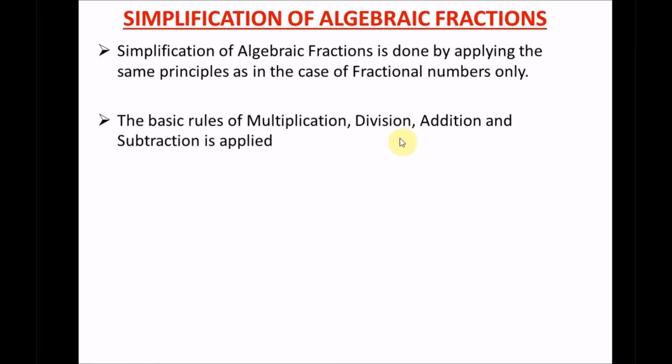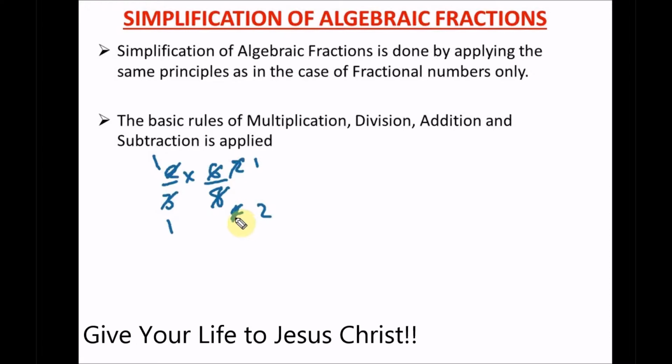I know that there are several operations that we carry out under fractional numbers, which are the rules of multiplication, division, addition, and subtraction. For multiplication, you can have something like 2 over 3 times 6 over 8, and you cancel out. This is 4, this will give us a 1, this is a 1, and this will give us a 2, and this will also cancel as a 1, and this will also cancel as a 2. This is how we apply the rules on multiplication of fractions.